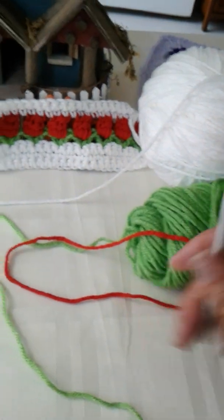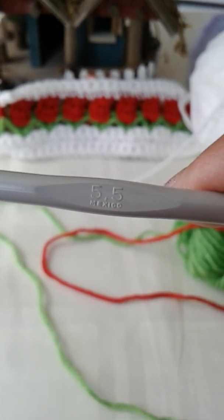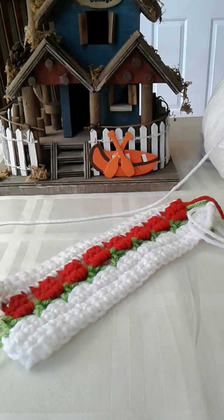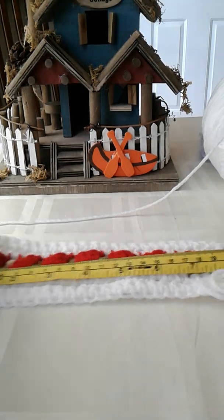And I'm going to be using a 5.5 hook, 5.5 mm. So to get started, each flower takes up a set of 3 stitches. So any amount done in 3s, and just add 1 at the end. So 3 plus 1. And on this one I put 27 stitches,